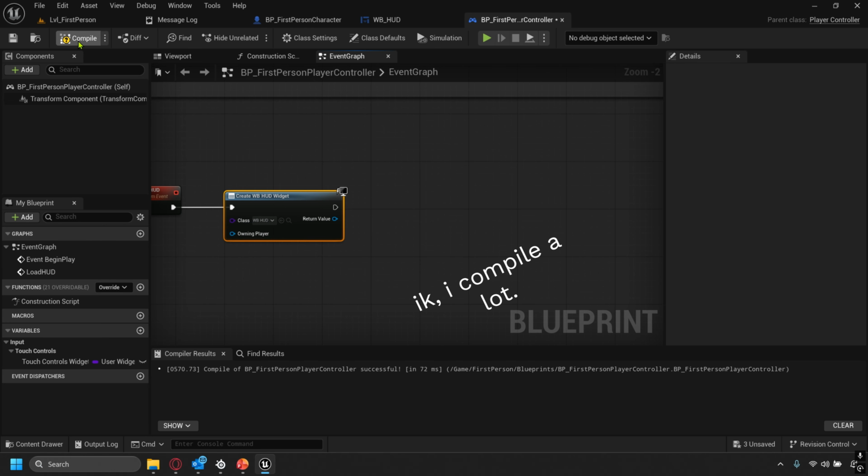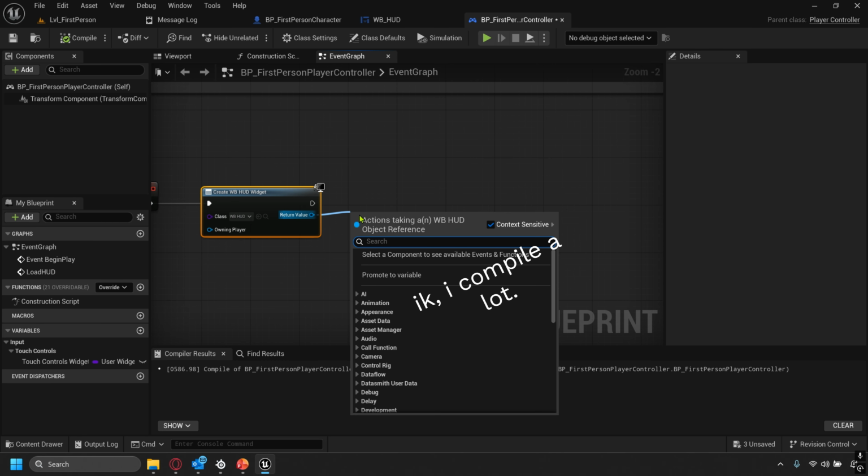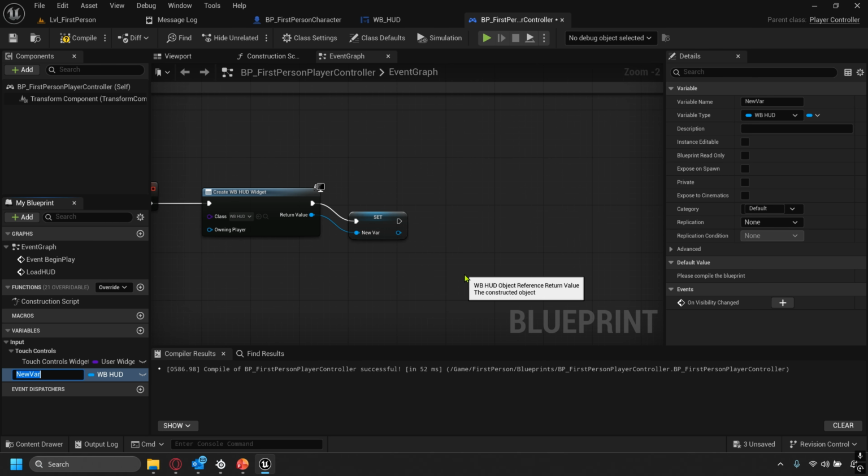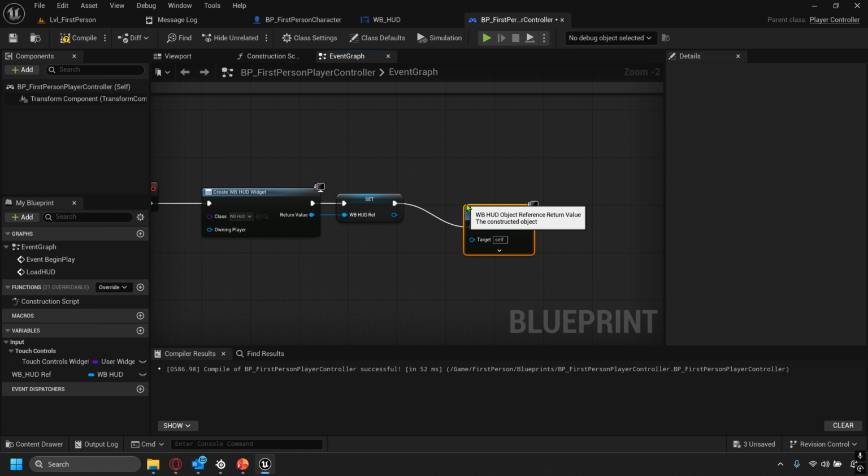We will compile, save, and then we want to, out of here, create a widget, call our widget HUD, and then compile. We want to immediately promote that to a variable and we'll call it WB_HUD ref, HUD reference. We then want to add to viewport